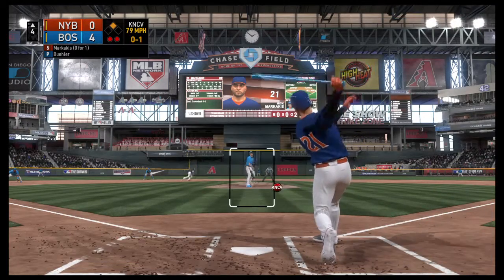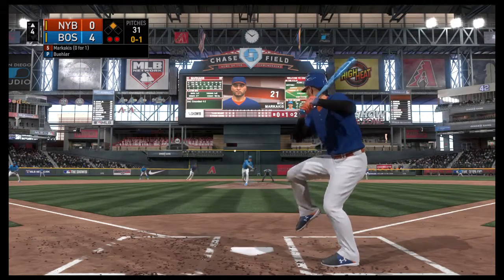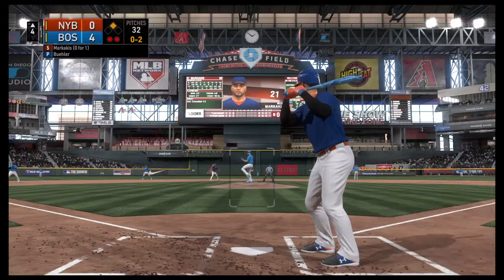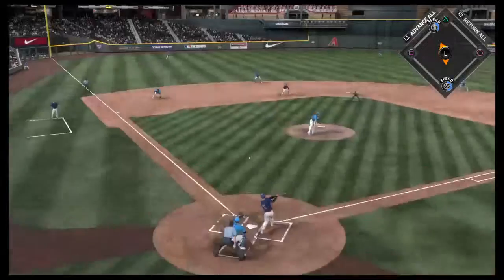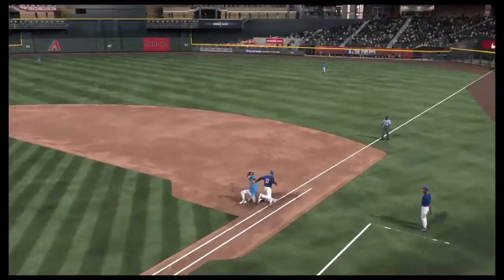He got on top of one and was a ground out victim last time. 0-1 the count. Rolled slowly down the third baseline. Can't imagine he comes back with a third breaking ball. That hitter looked like he timed that one up pretty well and just missed it, fouling it away. Throw in the dirt, but